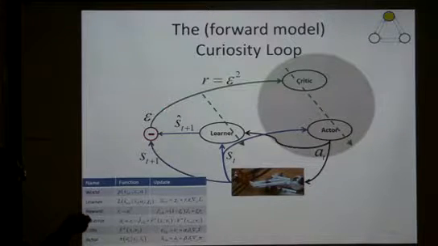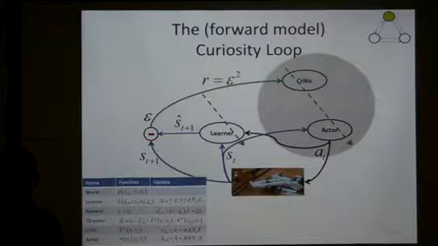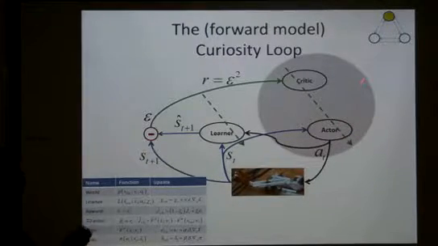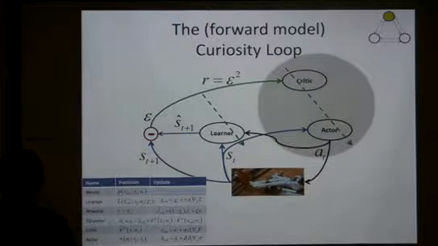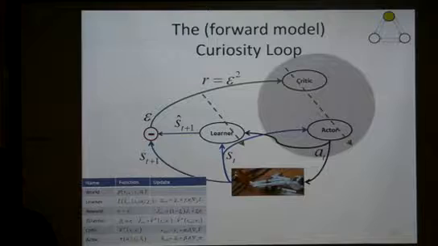So the prediction error is now used as an intrinsic reward, and this is what I call the curiosity loop. Why is it curiosity? Because you actually act in order to improve your learning, in order to improve what you know about the world. Okay? Any question about this curiosity loop? Yeah, strictly speaking, what you would like to improve is actually not the prediction error, right?